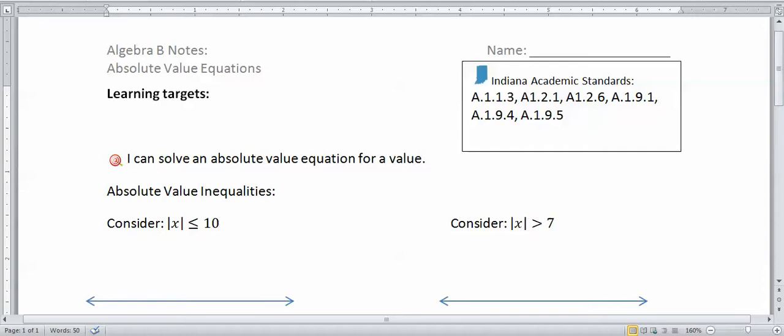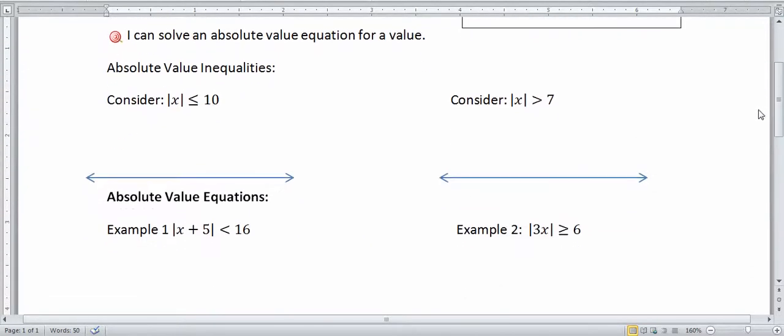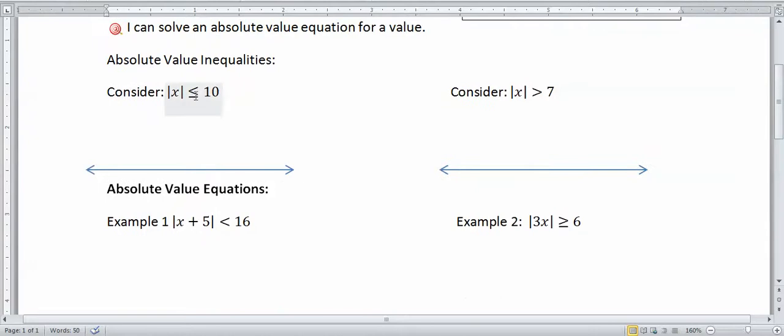Good morning. So today what we're going to do is finish up inequalities with absolute value inequalities. Absolute value inequalities are special because, remember, absolute value just means the distance. The absolute value of a number is its distance away from 0 on the number line, or its magnitude, right? So if I'm looking at an inequality with an absolute value, like for instance, consider the absolute value of x being less than 10. If I want to look at that on a number line,